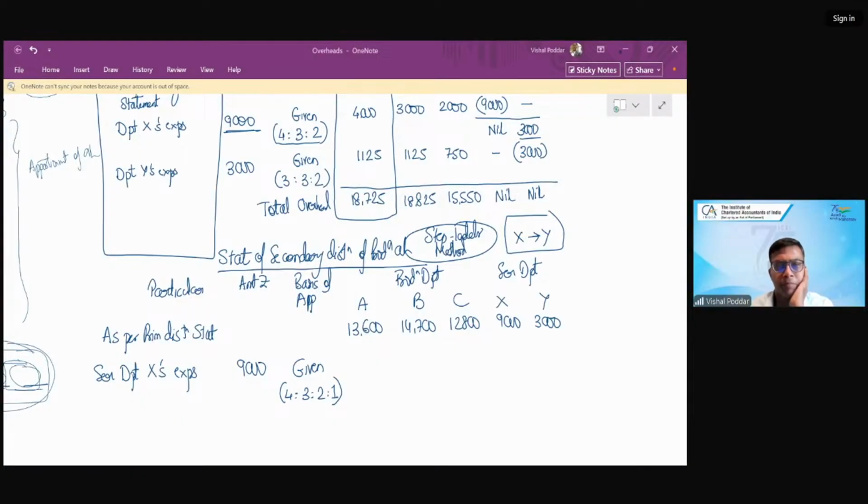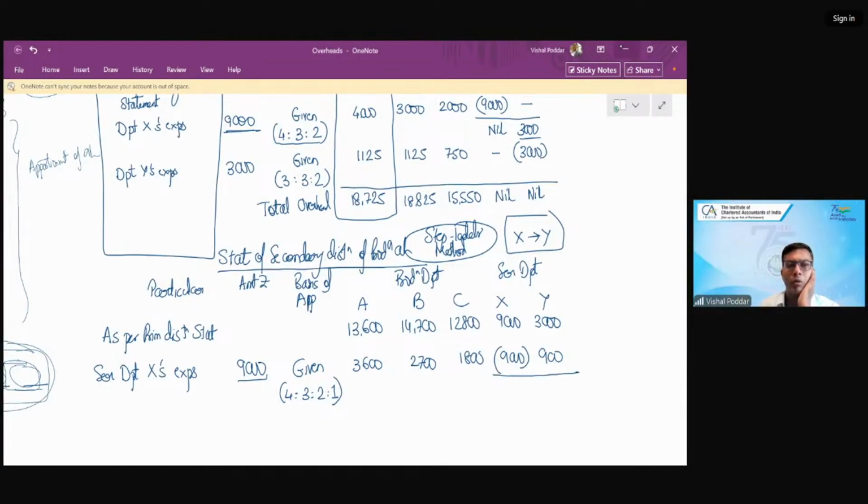Shamli, please check. So now this 9,000 is divided in this ratio: 9 fours are, 9 threes are, 9 twos are, 9 ones are. So Shamli, all you have to do, yes. Now it is perfect. Yes, Rajvi, correct. And this 9,000 has to be subtracted because it is distributed from X.